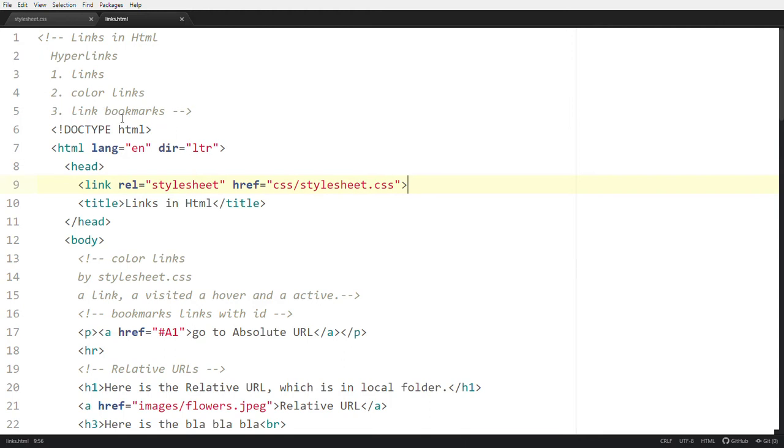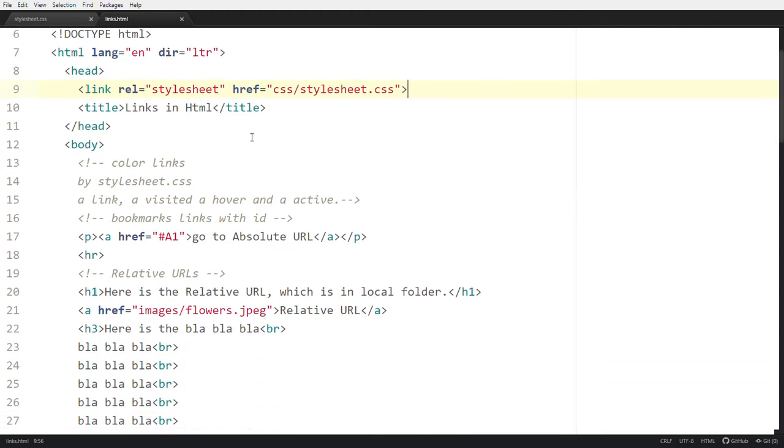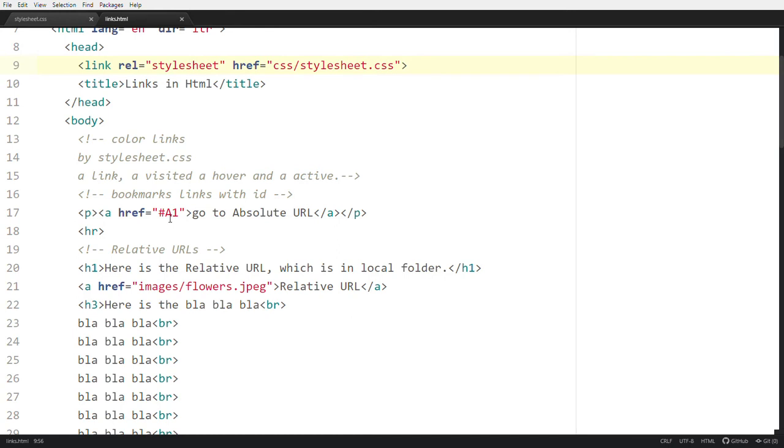First comes bookmarks. Here is the way of bookmarks, using the a tag with href, hypertext reference, equal to #A1. This is a bookmark.